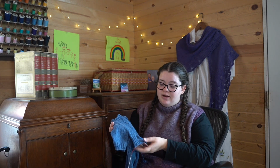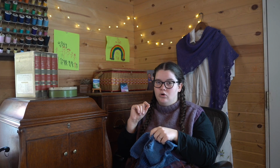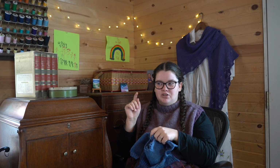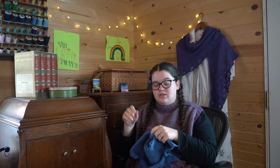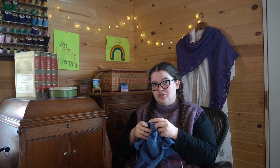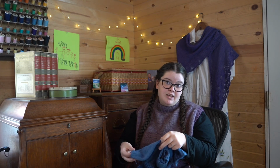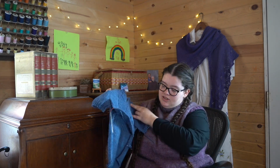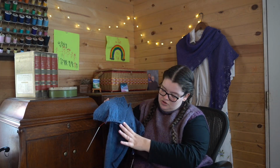Unfortunately, I was using stash yarn that I had, and this pattern said it would take about 4 ounces of wool and possibly some additional wool in white, maybe 2 ounces, I don't remember. 4 ounces is almost 114 grams, and I only had 100 grams. I just kind of cast it on thinking it would work, not really thinking about it, honestly, just doing it. And I have run out of yarn, as you can see. So this is on hold until I can get another skein of this yarn to knit the rest of the